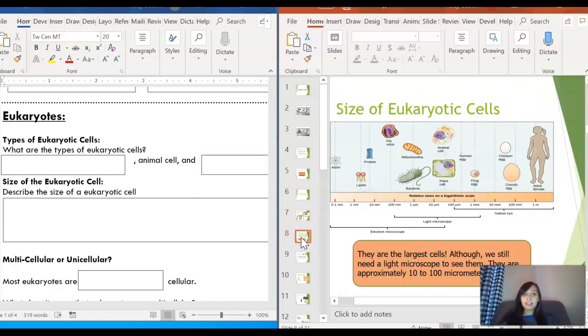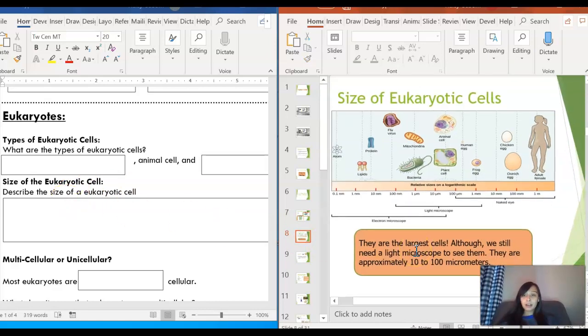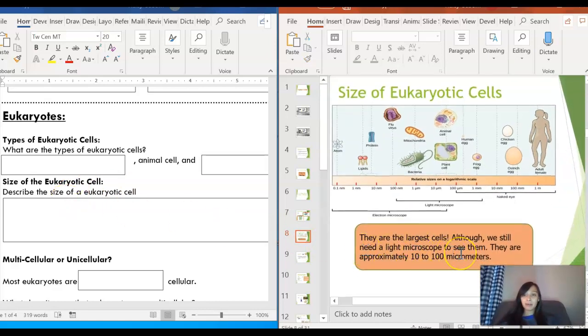Then we have the size of a eukaryotic cell. They are the largest cells, although we still need a light microscope to see them. They are approximately 10 to 100 micrometers. So let's look right here. This image gives us an example. These are all the things that we can see with the naked eye. We can see the adult, we can see an ostrich egg, a chicken egg, a frog egg, a human egg,